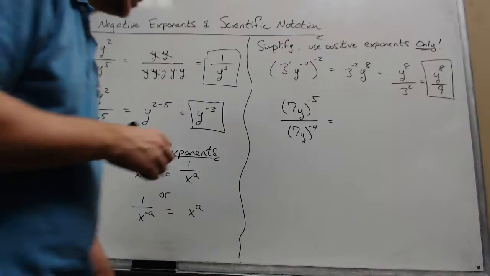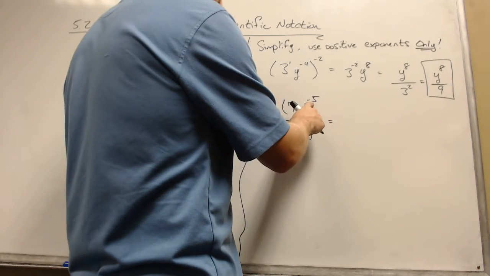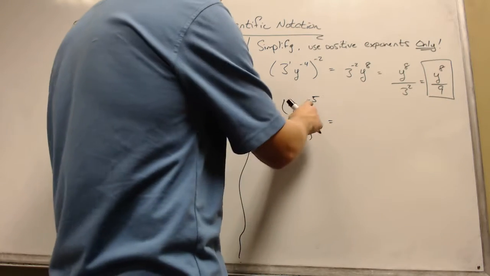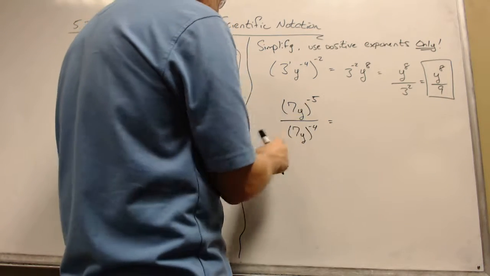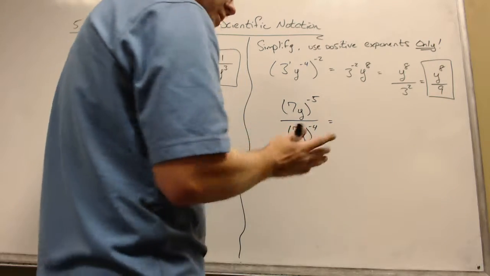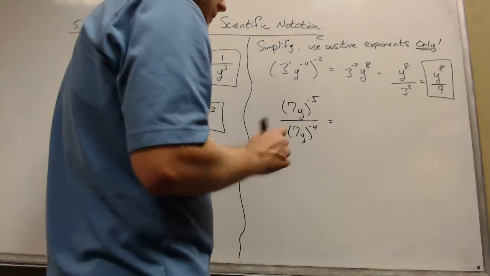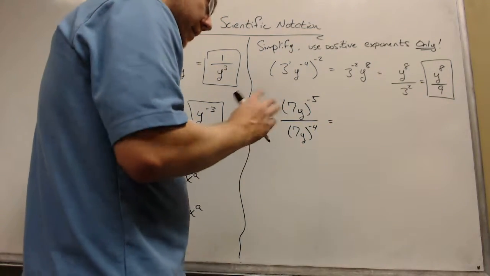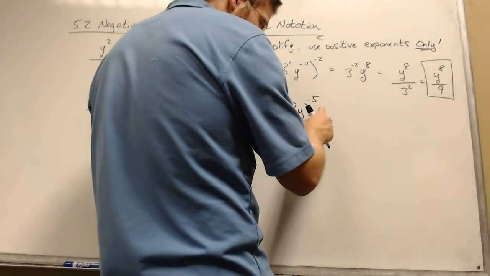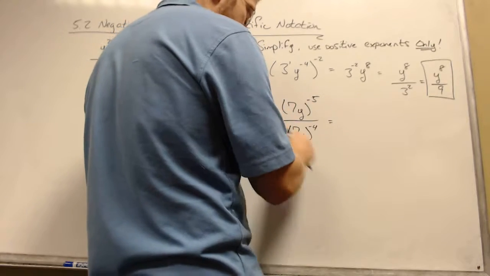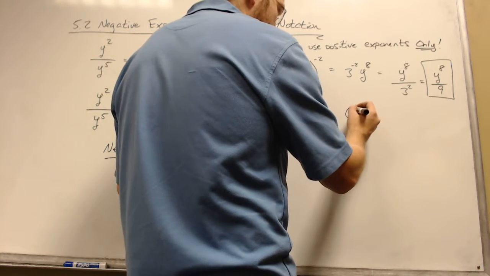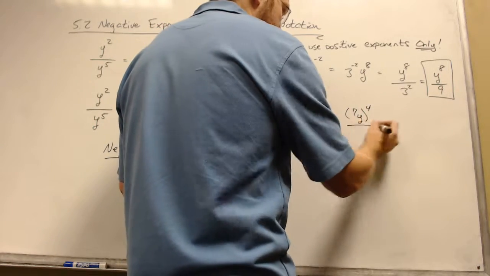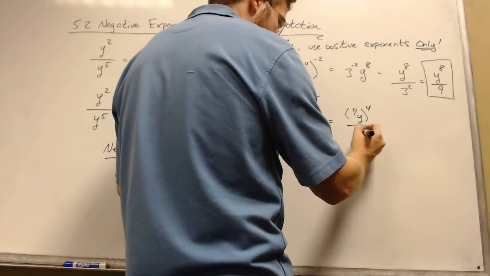All right, in this situation, you could apply this negative 5 to everything in the parentheses: 7 to the negative 5th, y to the negative 5th, 7 to the negative 4th, y to the negative 4th. You could do that, but it might be easier just to say, well, let's handle these negative exponents all together and make them positive. This negative exponent should rise up. This negative exponent wants to be in the denominator. So we might take this approach here and say, this negative exponent comes up, this negative exponent drops down,